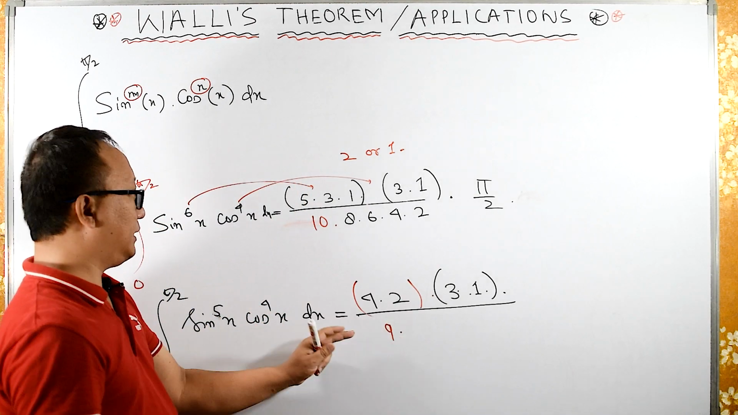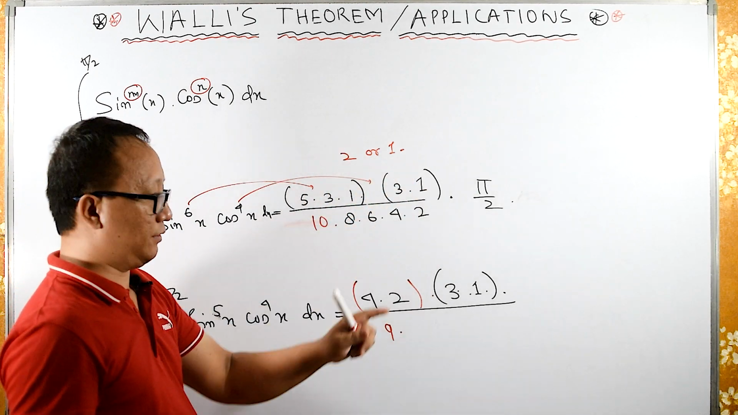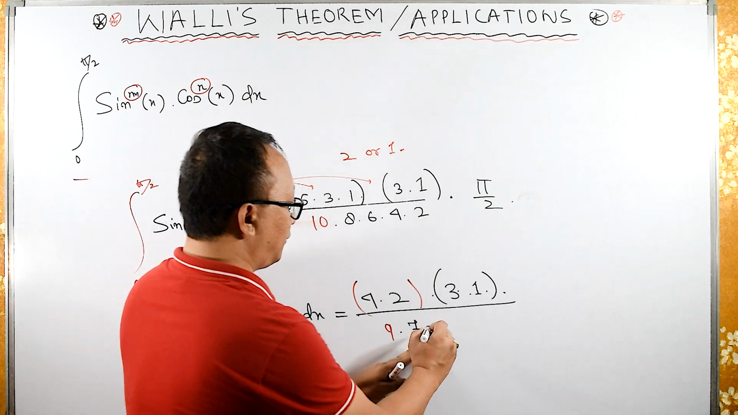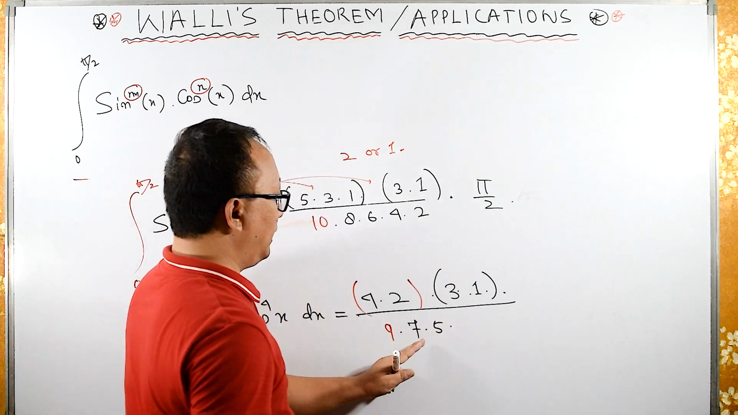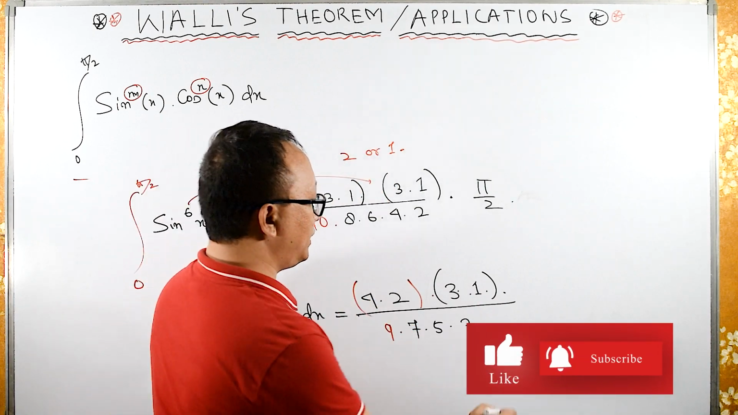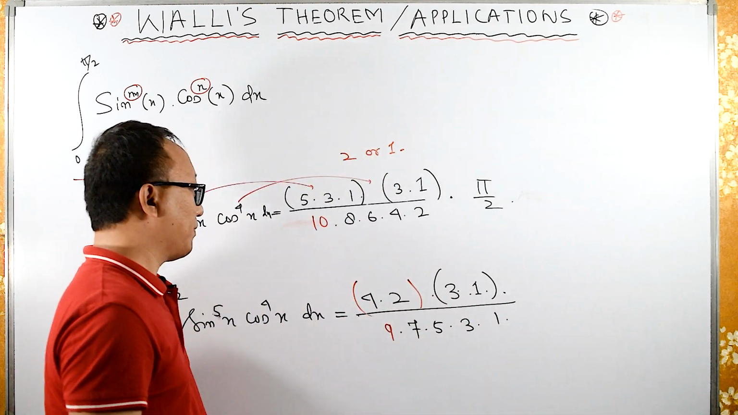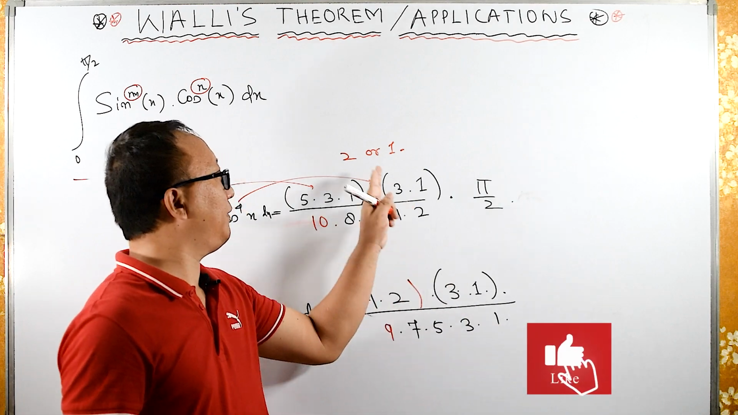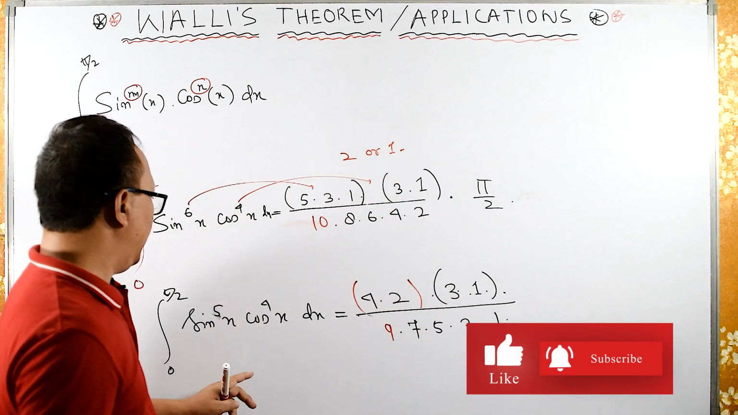Keep on decreasing till you get 2 or 1. 7 minus 2 is 5. And then 5 minus 2 is 3. 3 minus 2 is 1 over here. So I have to stop here at 1 because I have either 2 or 1. And then